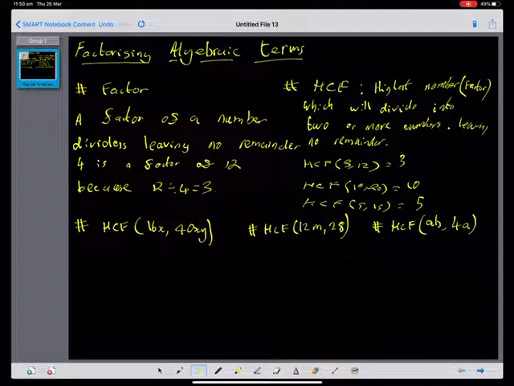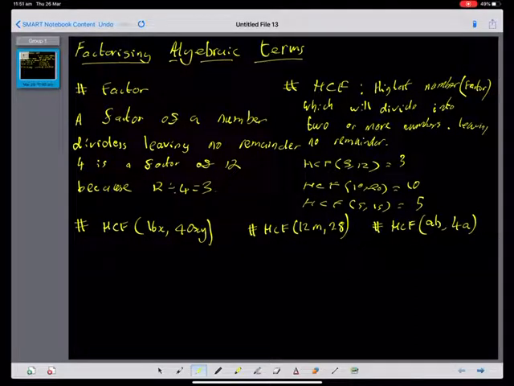Okay, so let's define a factor. A factor of a number divides, leaving no remainder. So 4 is a factor of 12, because 12 divided by 4 is 3. 5 is not a factor of 12, because 12 divided by 5 is 2, and we have a remainder of 2. Okay, the highest common factor is the highest number or factor which will divide into 2 or more numbers,